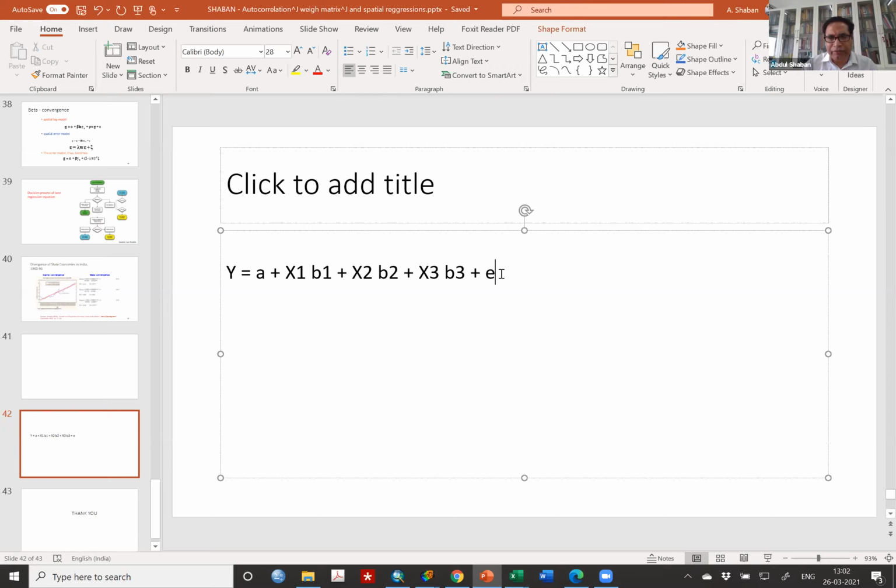Now, you can make two kinds of equations out of this. For example, if this is the data and you are assuming that y is only determined by x1, x2, x3, nothing else, I mean, y itself is not a function of its own spatial lag. That day I gave an example of inertia, momentum, that sometimes your speed also becomes your driving force.